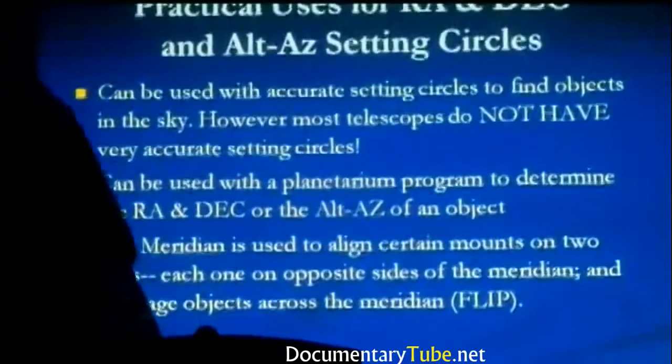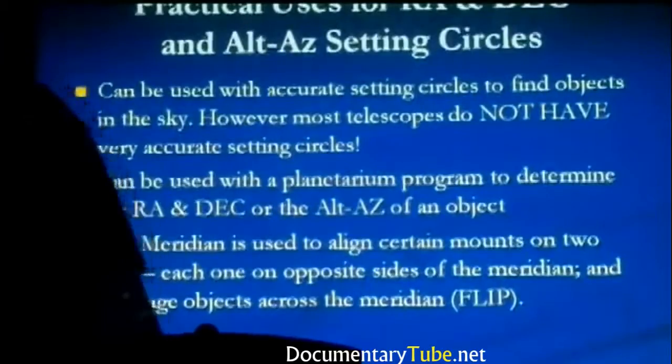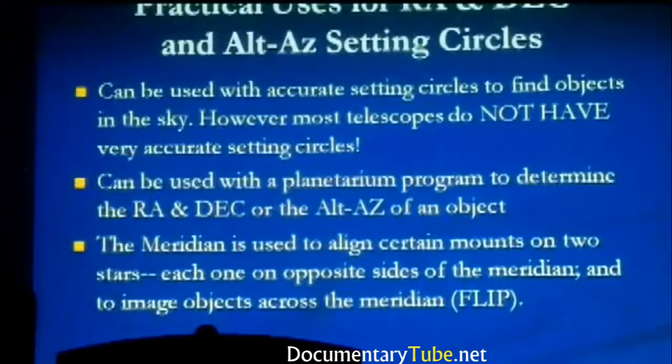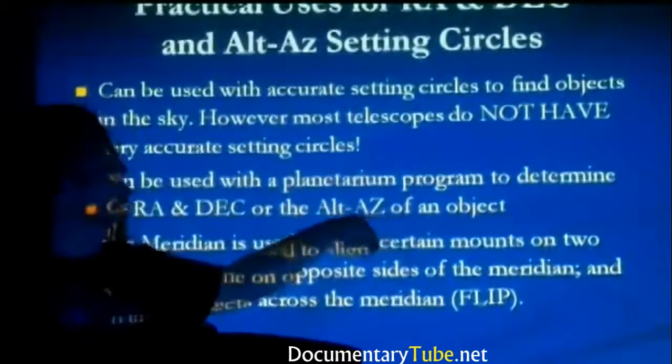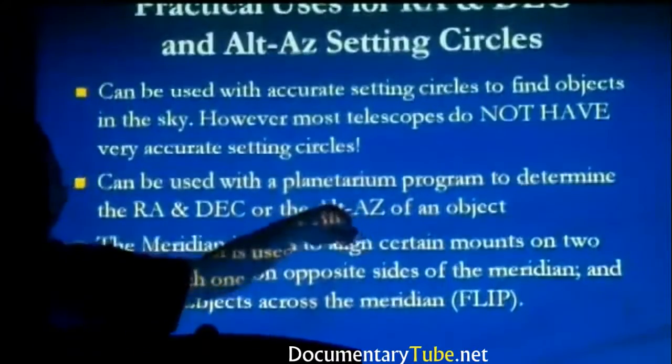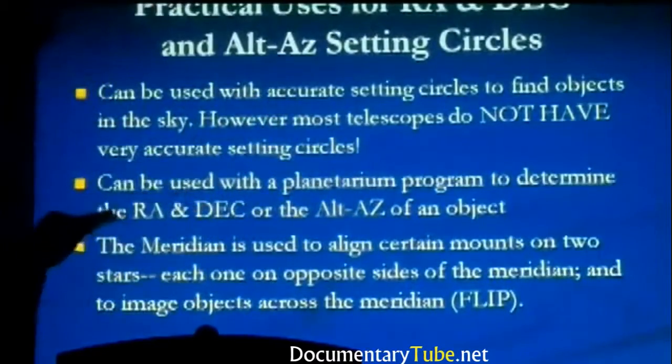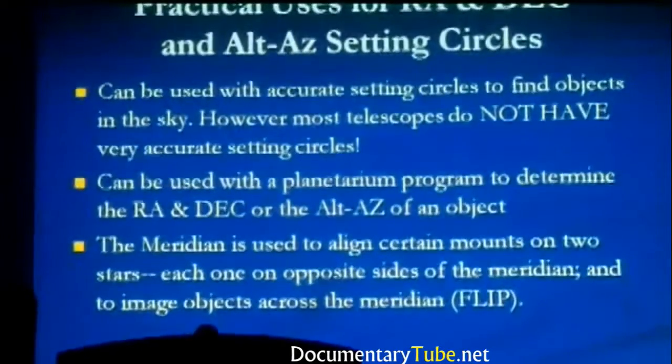Okay, so if you have a planetarium program like what we just used, they're very, very handy for locating the right ascension and declination, or especially the alt-az of an object. Does everybody remember why we probably will need a computer program to tell us the alt-az coordinates? Because they change constantly. That's right, that's right. Okay,